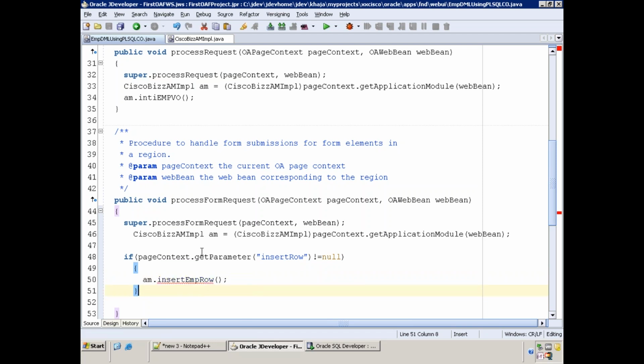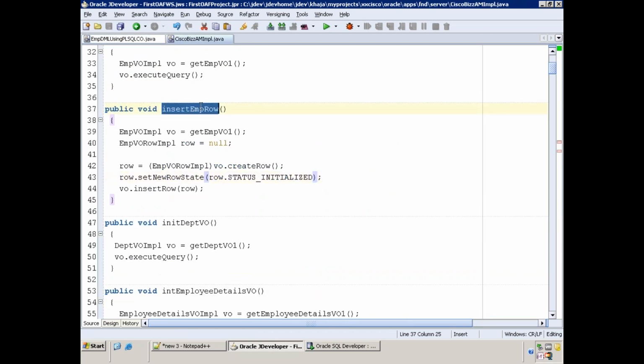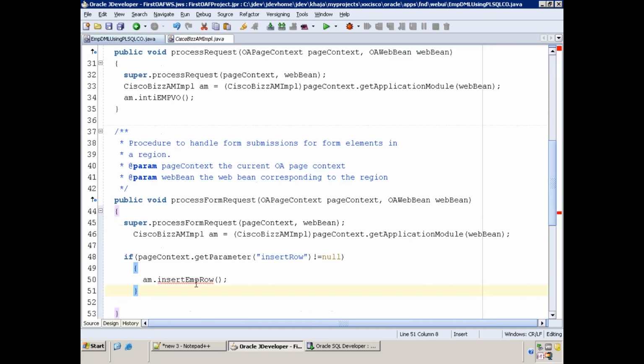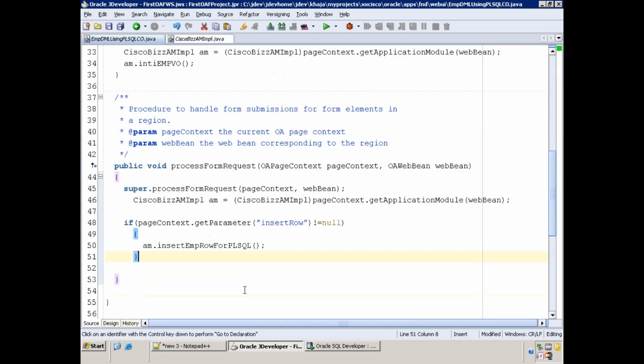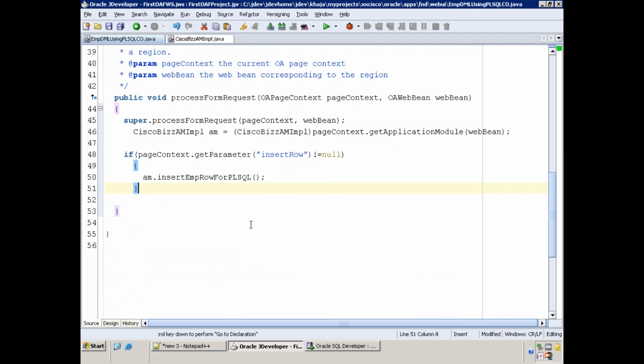Ambiguous reference. Are there two methods, I guess? Okay, insert EMP row. I'll just say for PL SQL. Because it is having an ambiguous reference, I'll just change the method name.